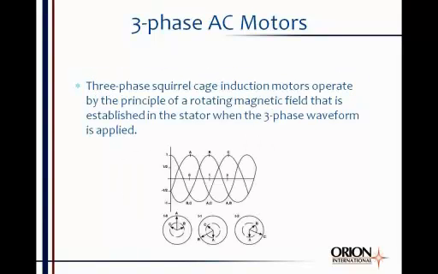How do they work? Well, three-phase squirrel cage induction motors operate by applying a three-phase waveform to the stator, and when you apply the three-phase waveform, it sets up a rotating magnetic field. And you can kind of see that in the illustration below. You see a three-phase AC waveform being applied, and you can see the rotating magnetic field in the three